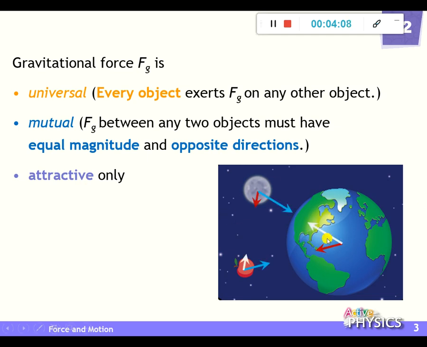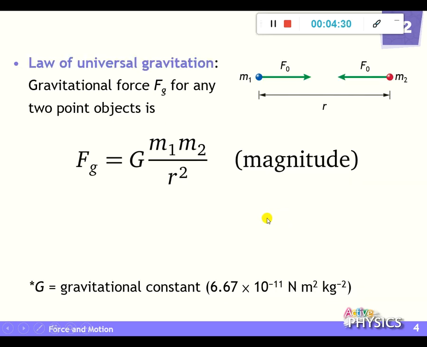So when you look at this diagram, you can see that every object will have gravitational force, and this force will be exerted on the other objects around it. So in Chinese, 萬有引力，萬物都有引力嘅。